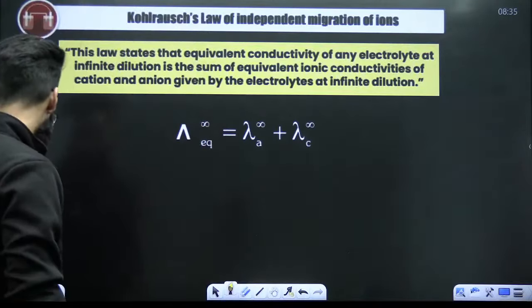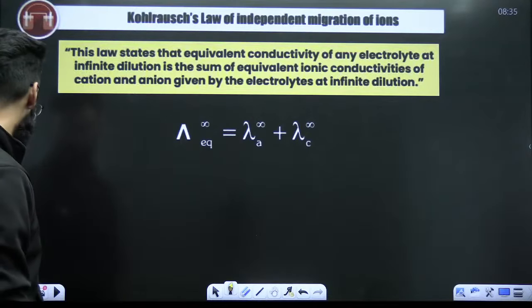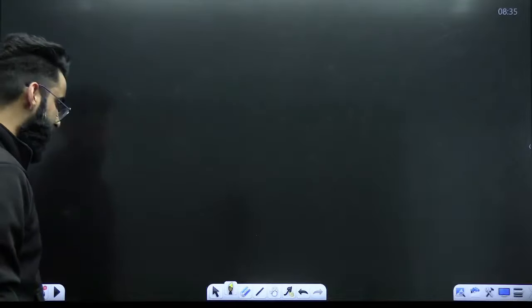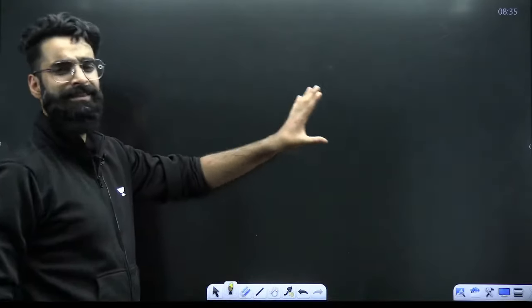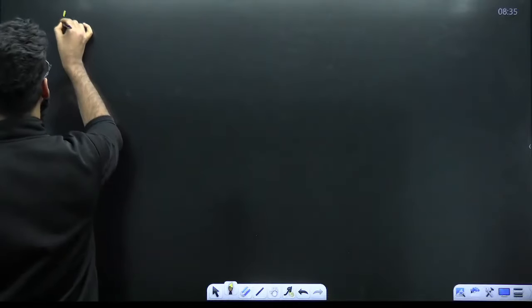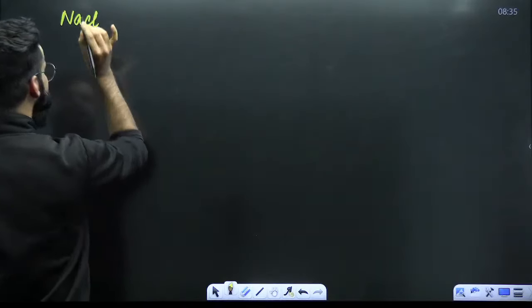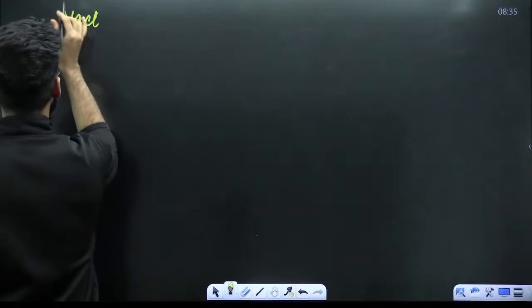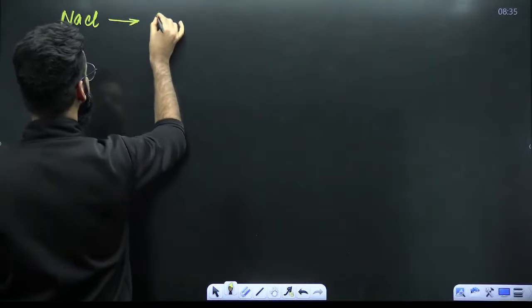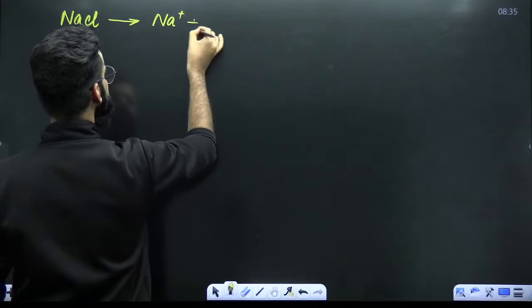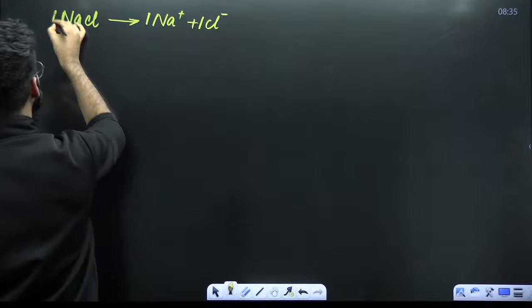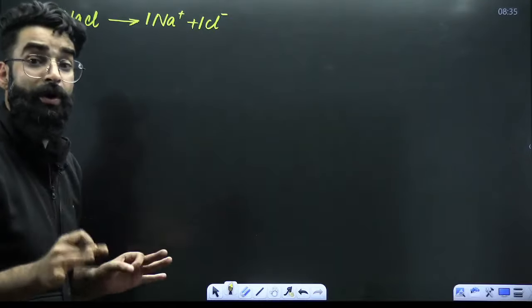Now, my dear students, try to understand what exactly I'm going to say. Say, for example, in the conductivity cell, let's say you have got an electrolyte like NaCl. First of all, how would this NaCl have got dissociated? It would have got dissociated as Na+ plus Cl-. Stoichiometric coefficient 1, here it is 1, here it is 1. Perfect. Now, Kohlrausch's law says that